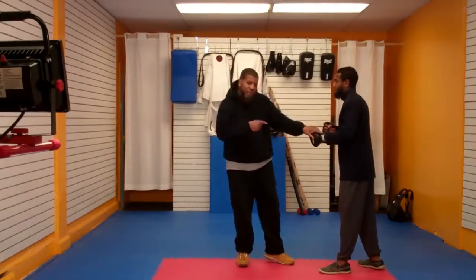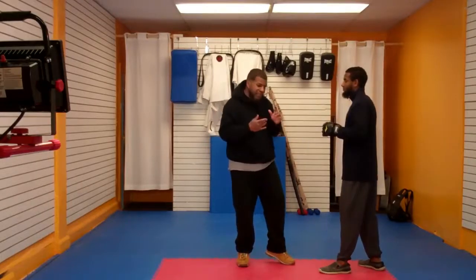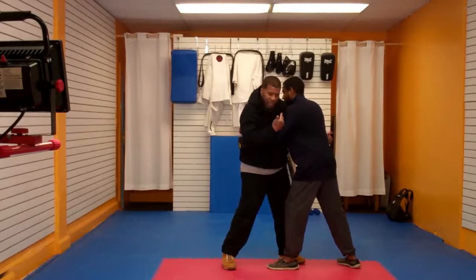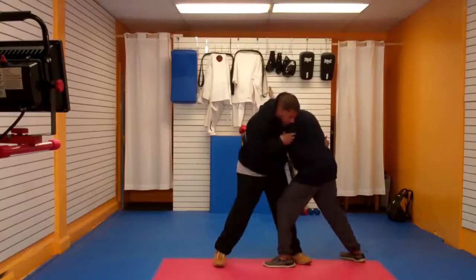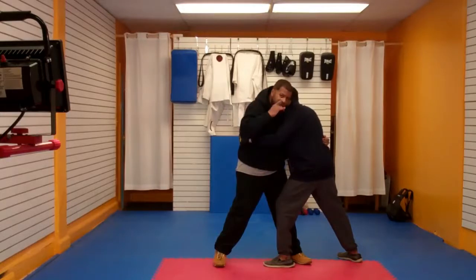So, to reiterate what we did in the first one, you have 2 basic spins that we like. You have the outside spin, where your arm is on the outside. So I'll show you how this is done because somebody asked me to slow it down so they can get an understanding as to how we turn the guy. Okay, you got me? Okay. From here, all right, you have to understand here